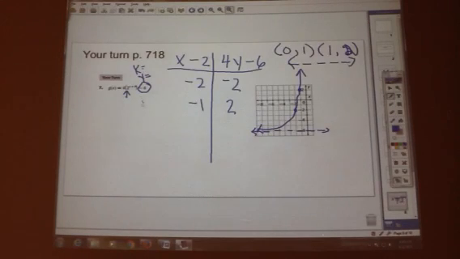There's the graph. What is my domain going to be? All real numbers. What will my range be? Y